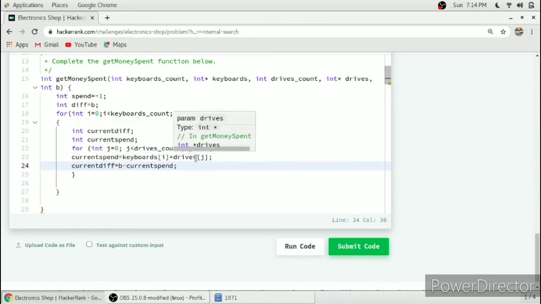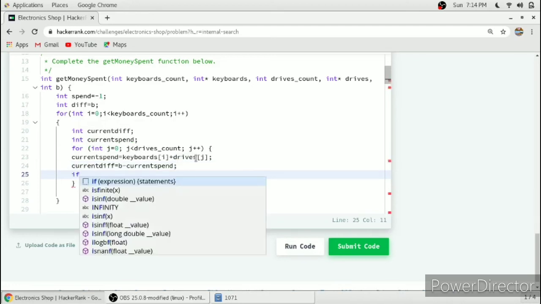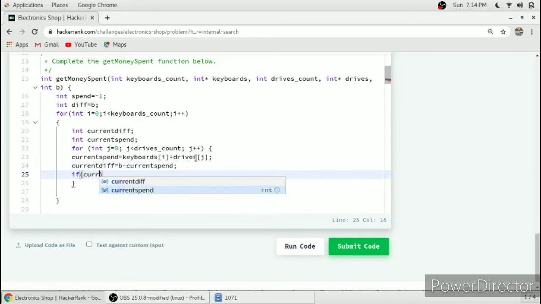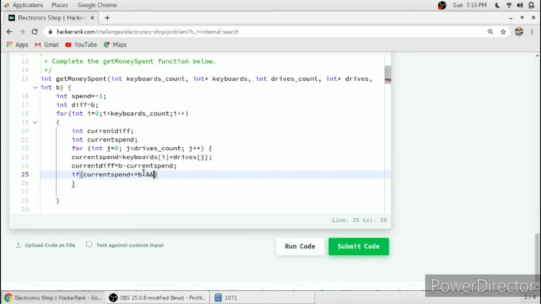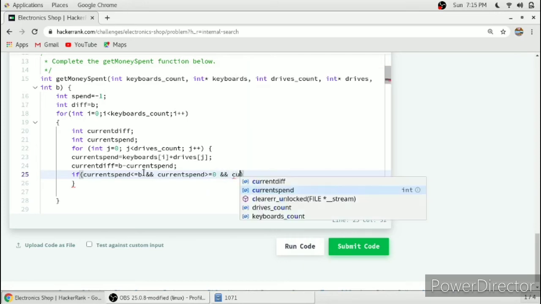So after that we will check a condition: if current spend is less than or equal to B, that is, current spend should be less than the amount we have. And we also have to check the condition if current spend is greater than or equal to 0, and the condition that current diff is less than diff.